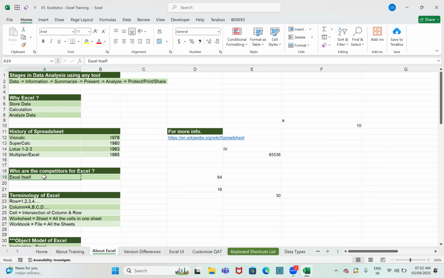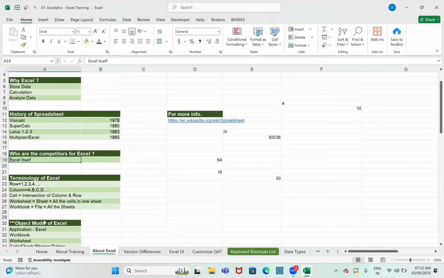They're adding more formulas, new features, right? So Excel is the competitor. Suppose if I'm using 2016 now, after 2019 was introduced, we start using 2019, because of the features. So Excel itself is the competitor.